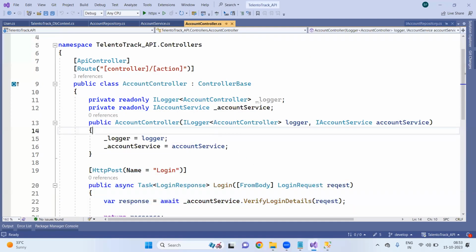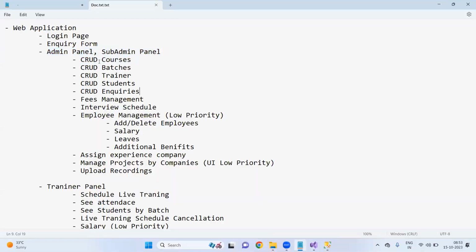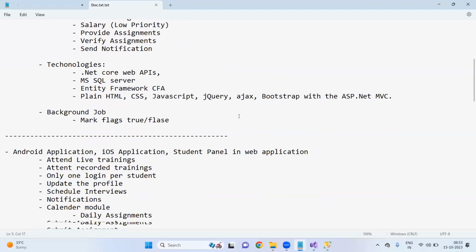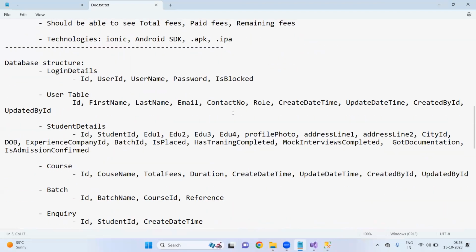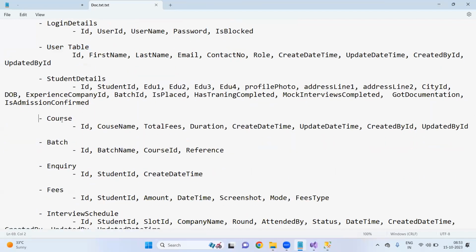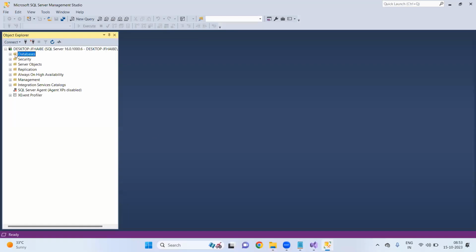Now I want to create some APIs for the courses module. First of all, we need to create one courses table in our database. So this is our database structure. We have created the login details and user tables, and now I want to create this courses table. Okay, how to create that table? Let me check the databases first. This is my SSMS tool. SSMS means